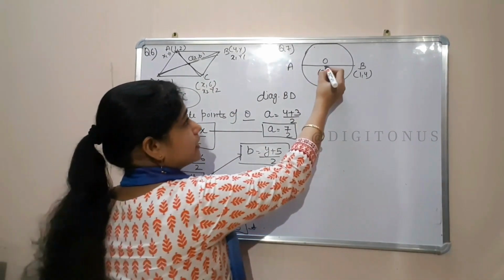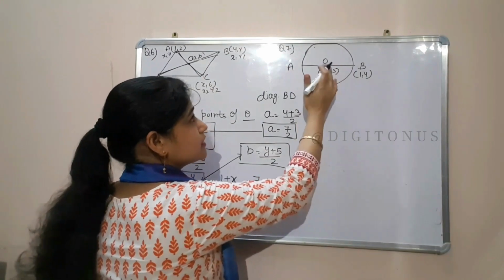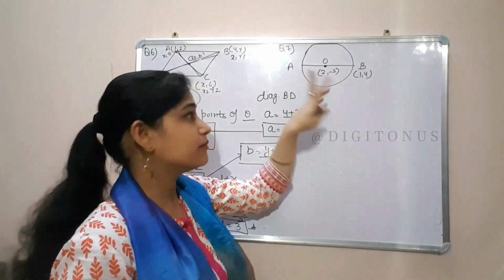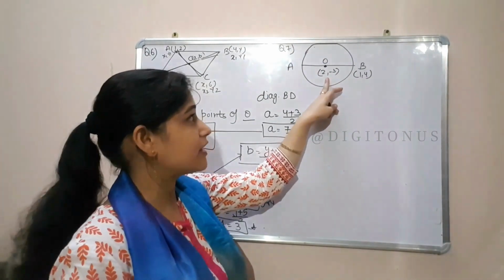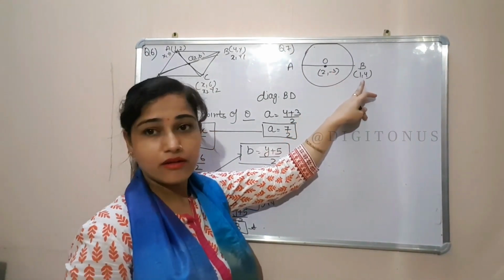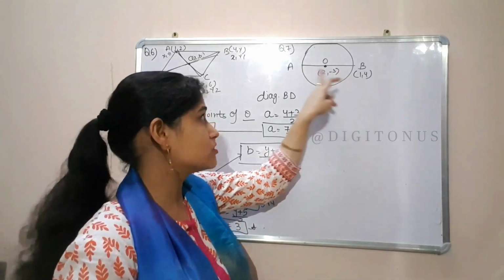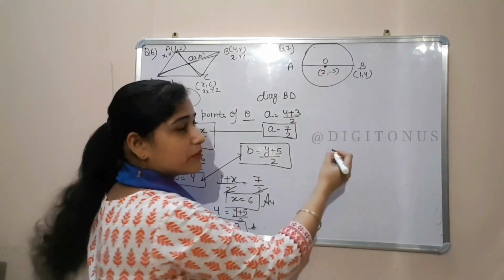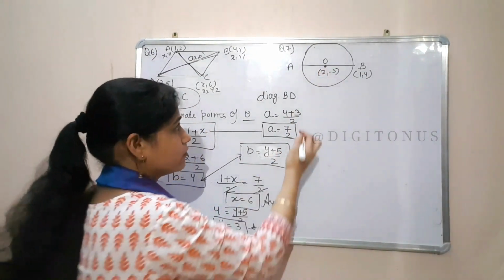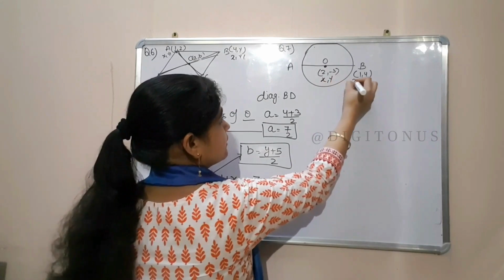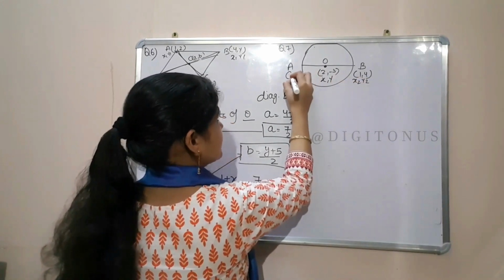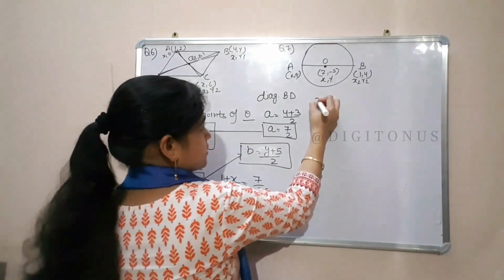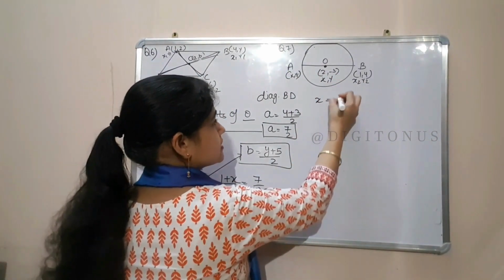So you already know that the center is at the midpoint of the diameter. The center is always the midpoint of the diameter. It means the midpoint values are given and one point's values are also given. The other point's values we have to find out. So we are talking about the midpoint, so we will apply the midpoint formula. This is x and y, this is x2, y2, and x1, y1 values we need to find out in this question. So first apply the midpoint formula for x.